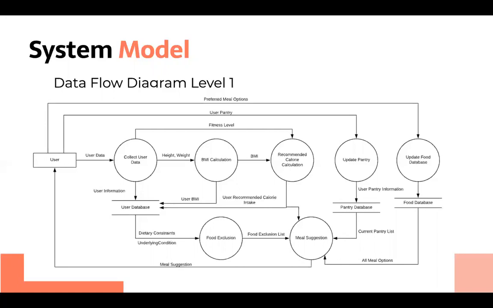The dietary constraints and the underlying conditions that the user has supplied will be used to generate a food exclusion list. This data, along with the recommended calorie intake, will be used to generate a meal suggestion. Along with that, we're going to use the pantry information that was supplied as well as the preferred meal options, which is really just food that the user